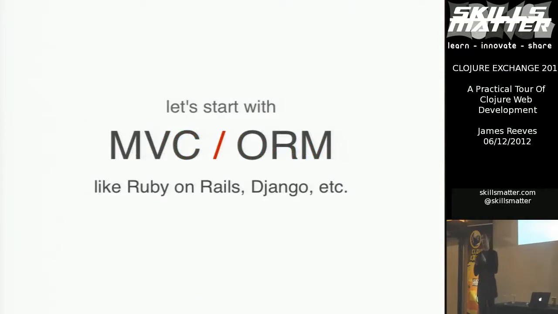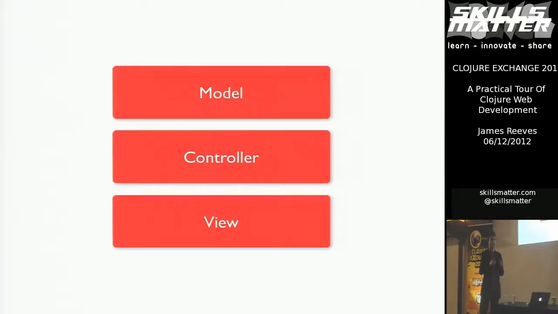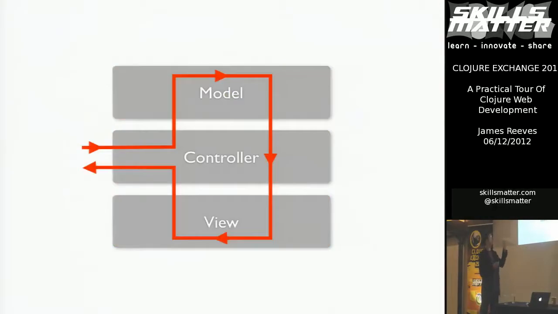So to this end, let's start with MVC ORM, because that's the go-to architecture for the web today. If you're going to design a website, a lot of the frameworks you see, like Django or Ruby on Rails, have this MVC ORM model. MVC is Model View Controller, and ORM is Object Relational Mapping. So we'll start off with Model View Controller, slightly out of order there, but that's because of the order in which